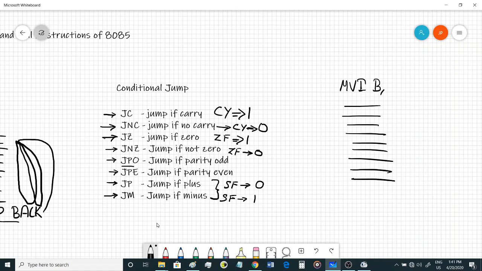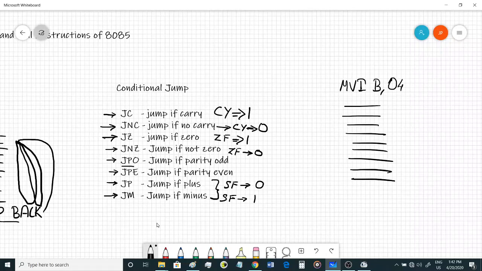Definitely we won't be taking the A register, because A is the accumulator. The accumulator will be required for any of the arithmetic instructions or logical instructions. So we won't be taking the accumulator. Instead you can take any other register like B or C or D or E or H or L. Any of these registers can be used as a counter. So MVI B, 04. Which means that whatever is the number of times you want to run the loop, that will be the count that you will be giving into this register B.